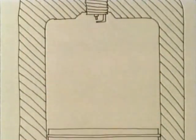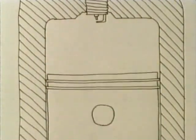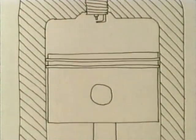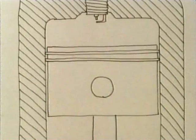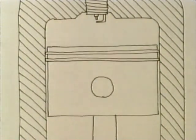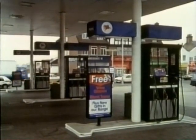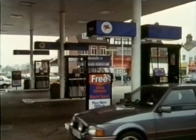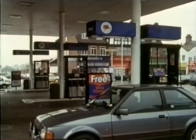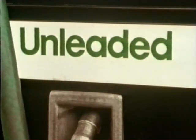Although the ignition should be started by the spark, petrol's a complicated mixture of chemicals, some of which are quite unstable. These can ignite spontaneously under heat and pressure, causing a sort of uneven explosion called detonation or knock. As engines have become more powerful over the years, knock has become more of a problem. It can be overcome either by damping the unstable compounds with lead additives, or in lead-free petrol by refining the